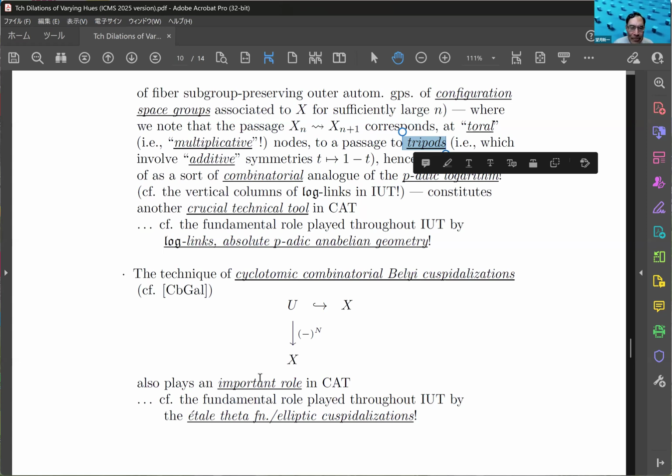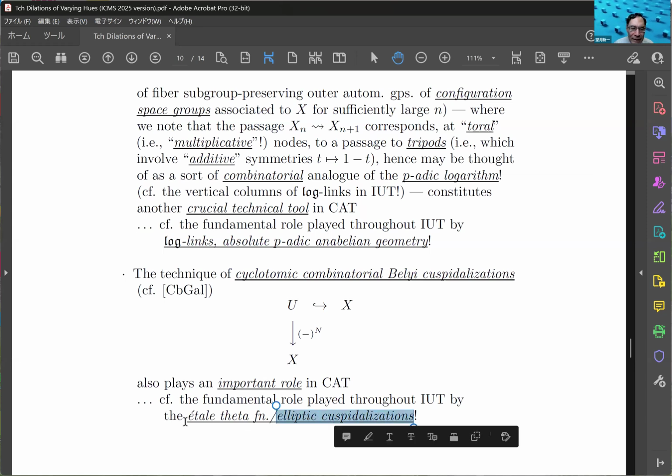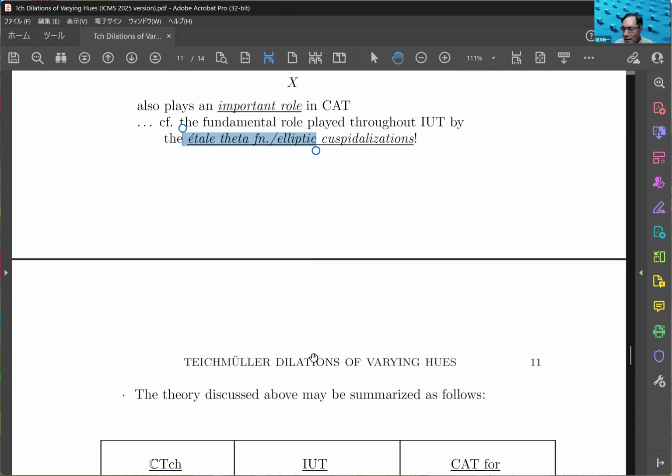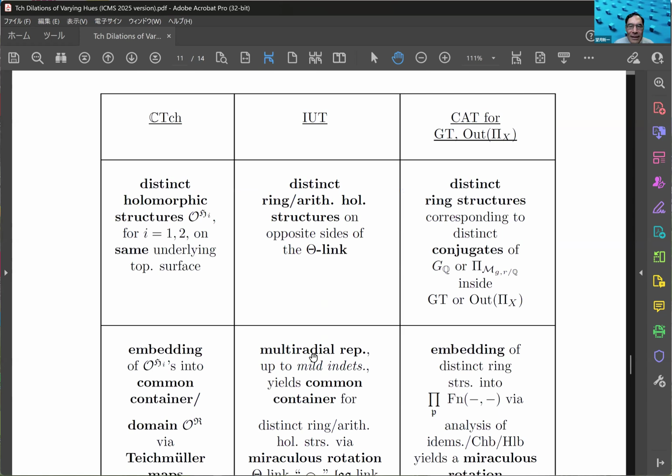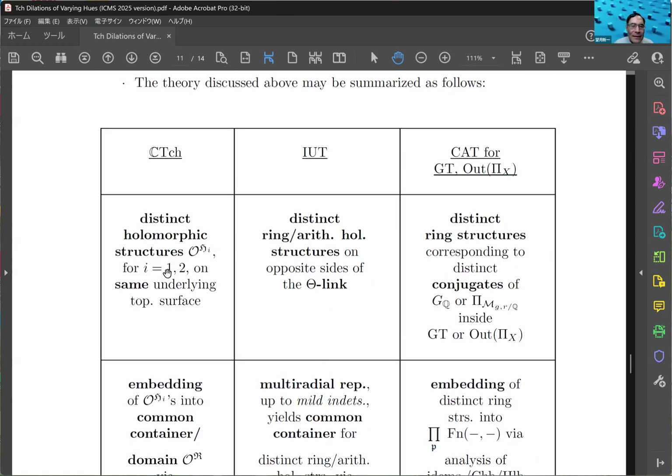But anyway, so these may be thought of as analogous to the diagrams that occur in the case of elliptic cuspidalizations, which are closely related to the theory of the étale theta function, which plays an important role in IUT. So just to summarize, there are all these analogous aspects. So one starts with,